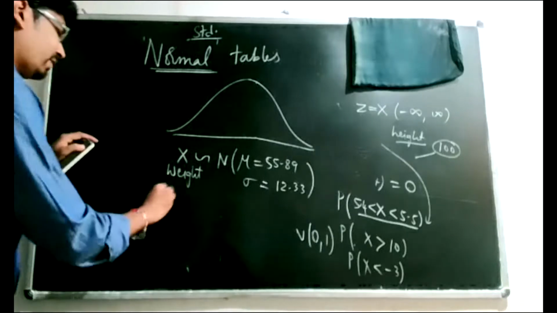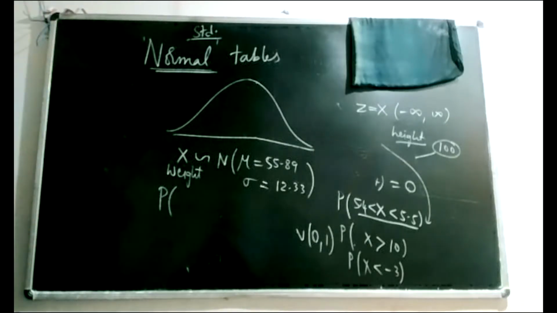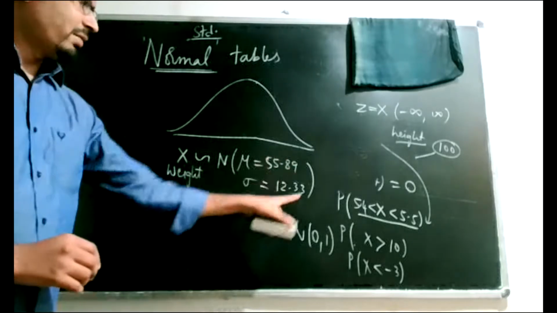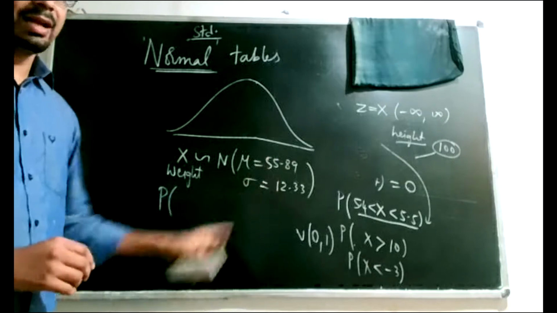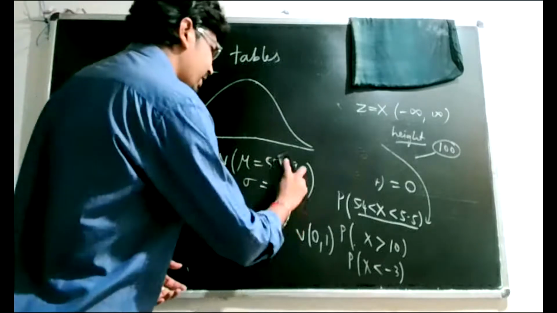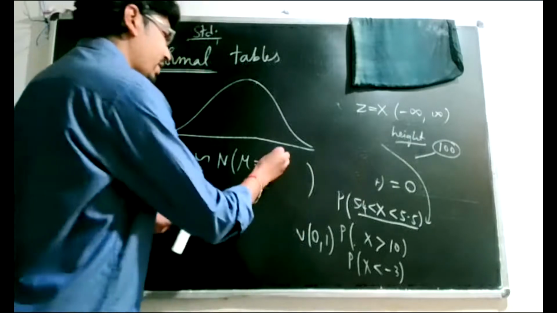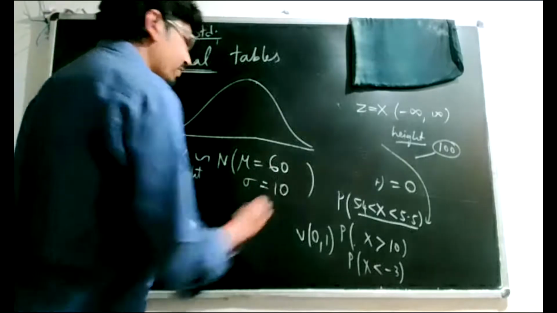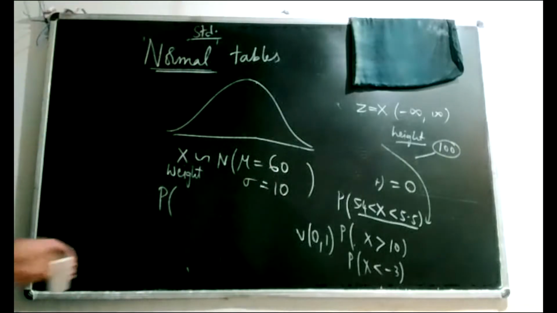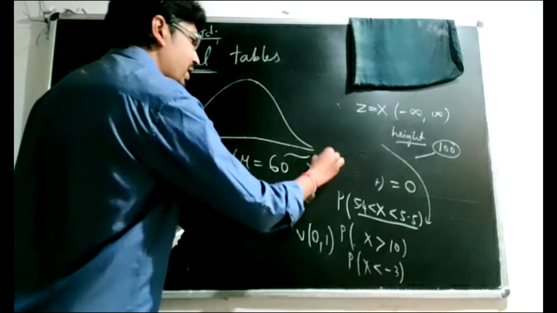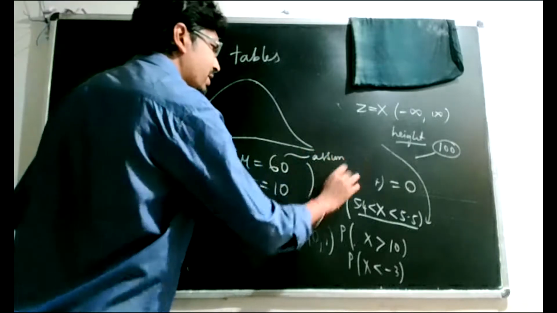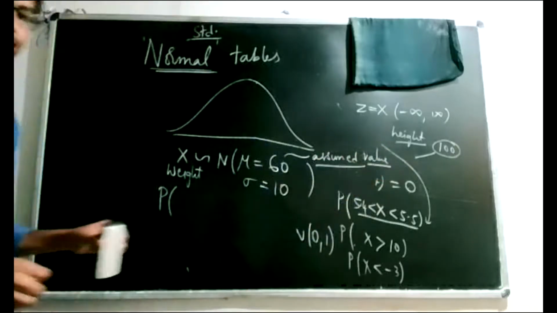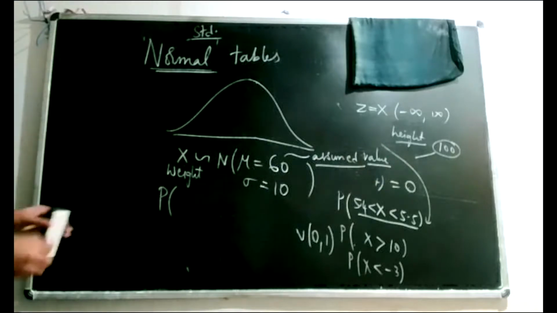So if you have observed this, so I have recorded the weights, or you are interested in the weight value, and we have observed the values are like this. These are the values for a sample. So let me say that my population is such that on an average, my patients are close to 60 kgs and their standard deviation of weight is about 10 kgs. So this is some hypothetical value. I have assumed this. Now, every assumption in statistics has to be proved. So we'll see whether this assumed value is a true value or false value. That we will look into later.